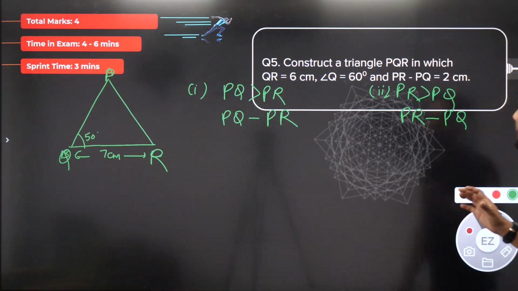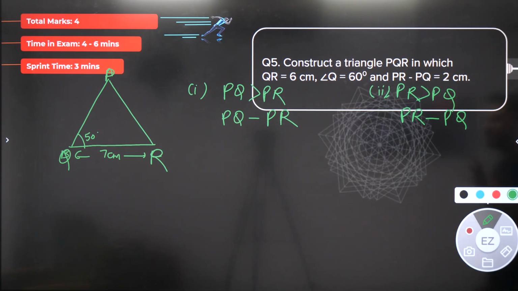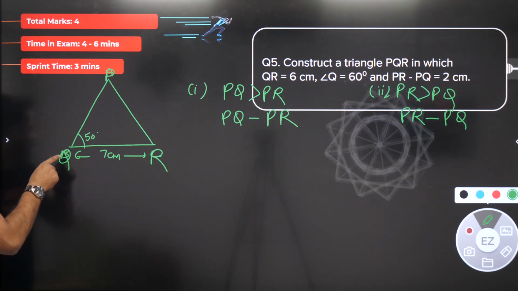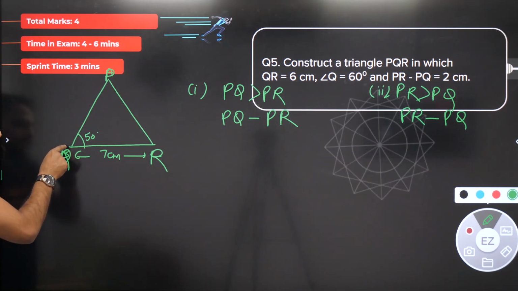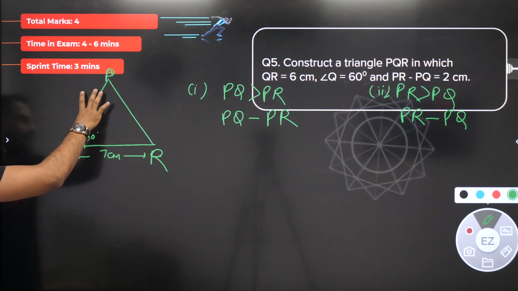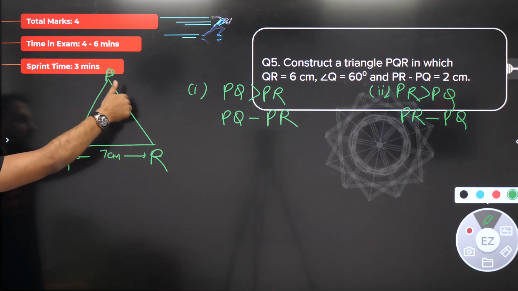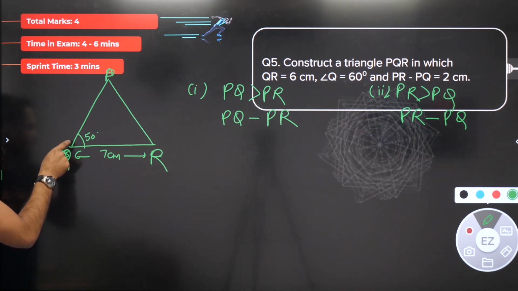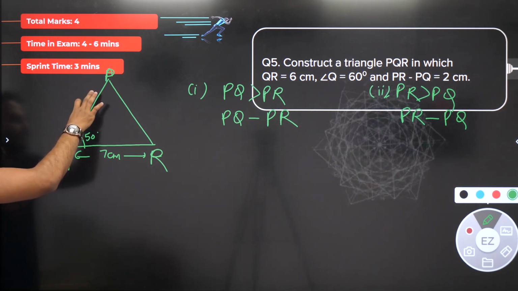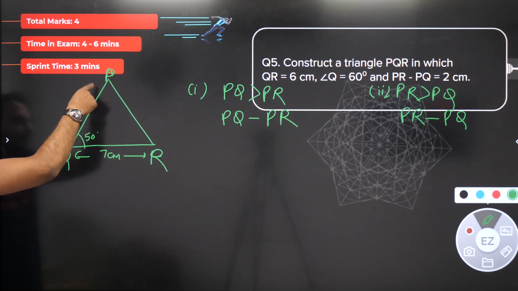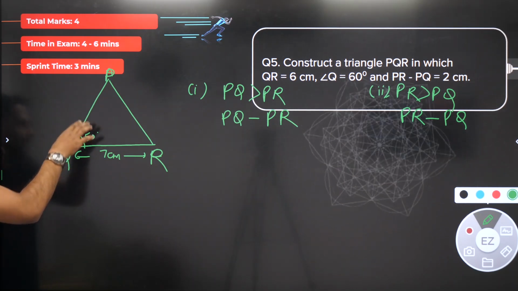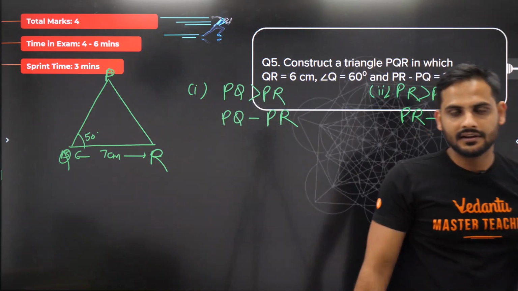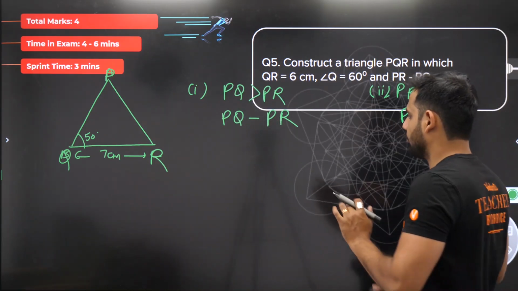What is that difference? See, the main point here is which angle is given. Q is given. So attached with Q, there is a side attached, PQ. And the other side PR is not attached with Q. With this angle given, there is a side which is given, PQ. So this PQ is attached with the given angle. If this side is greater, then in this construction, what you will do,